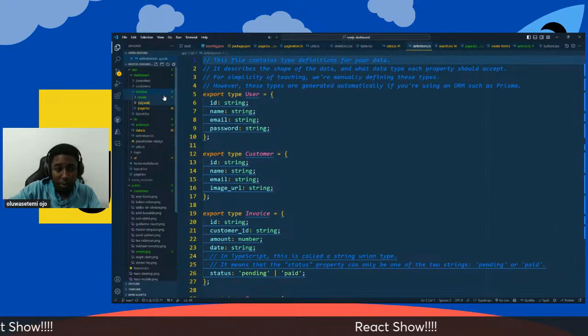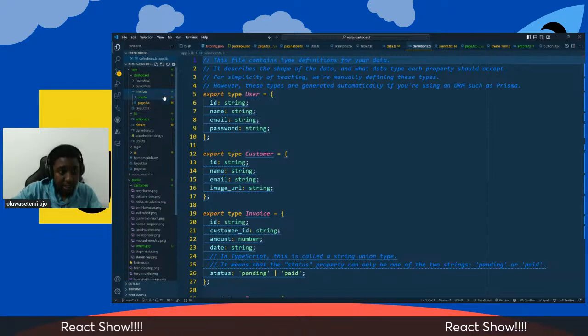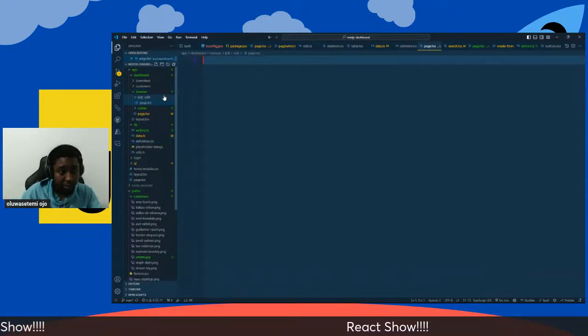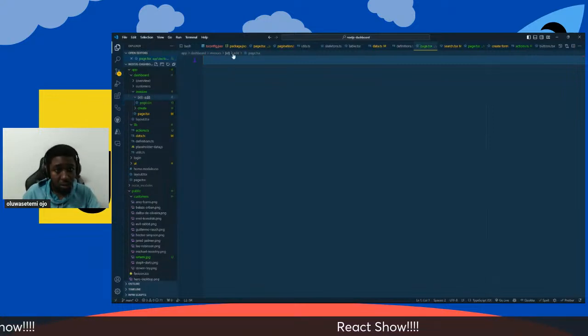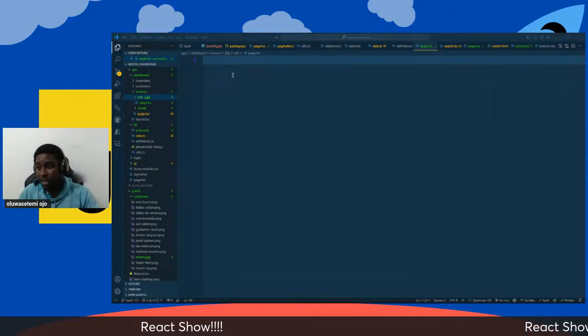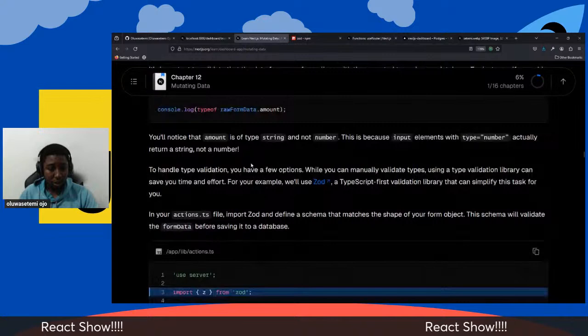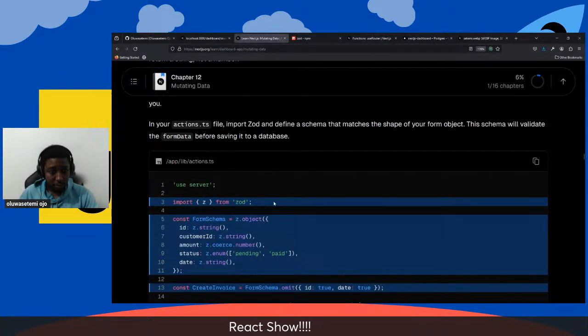And we want to do /page.tsx. So this is the page.tsx for the